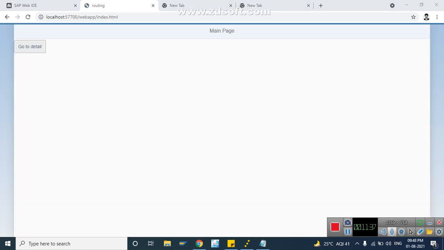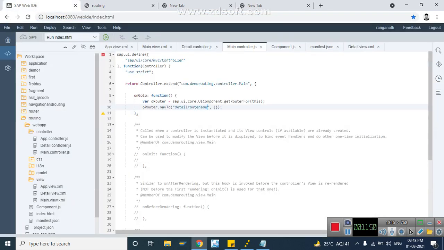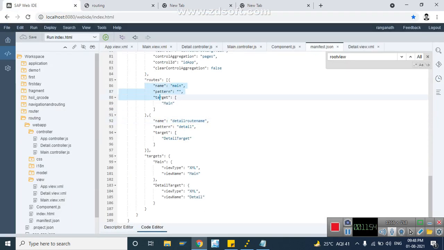Let's run this. Click on go to detail, and you see it is going to the detail page. And now you can go back. You see the pattern is empty here. When the pattern is empty, it is referring to the main routing, and inside the main routing we have defined a target, the main target.